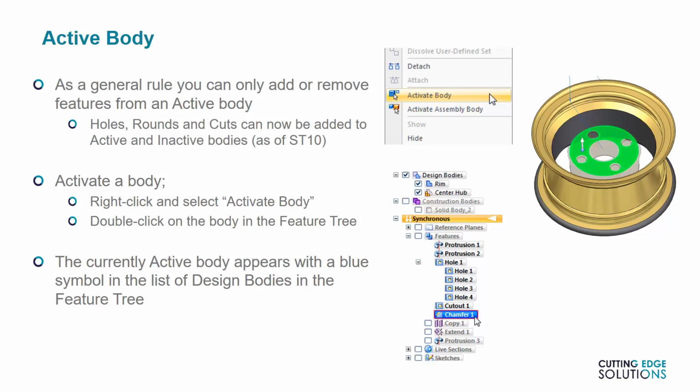However, holes, rounds and cuts can now be added to both active and inactive bodies, as there's a body selection step in both hole and cut commands. Rounds can be added to any body, similar to adding assembly features. However, if you need to add geometry to a body, then you can activate it by right-clicking it and choosing